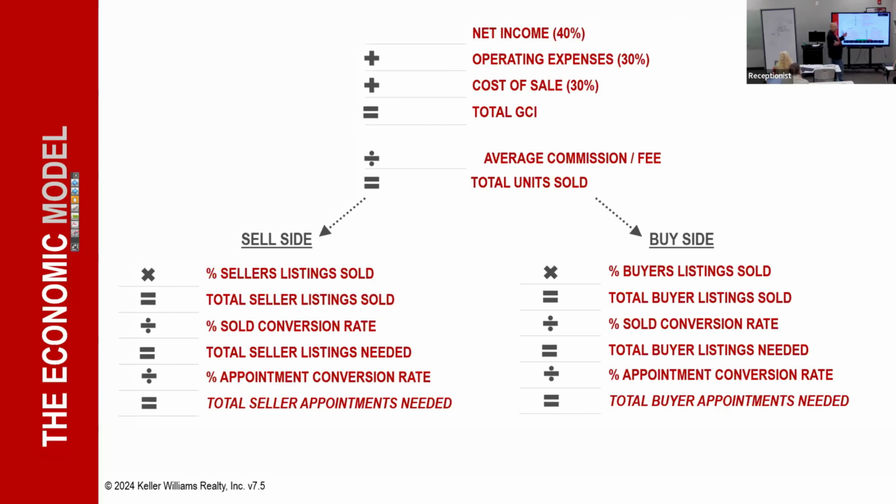I'm so happy you guys are here learning this because you're taking a step towards being a business owner. If you're on a team and you say, well, I'm on a team and my split is this, it doesn't change the fact that you should know what your average earning is per unit. Same math, just different numbers. So you've got 34 houses to sell to make this, that's it.